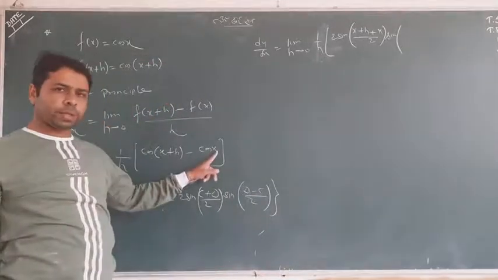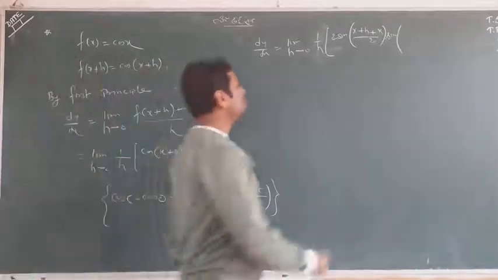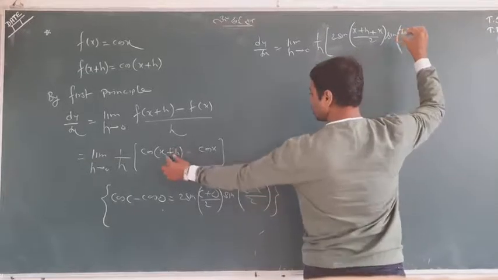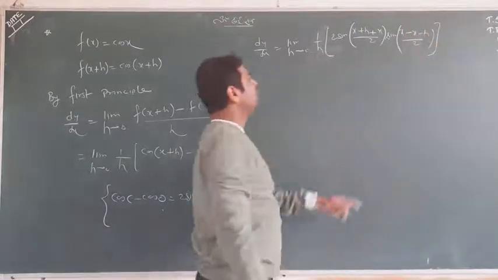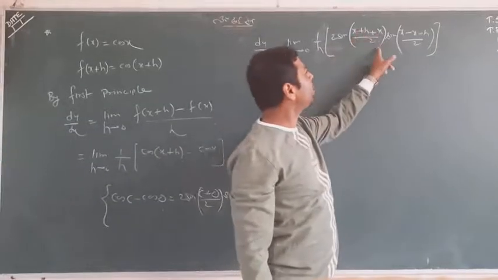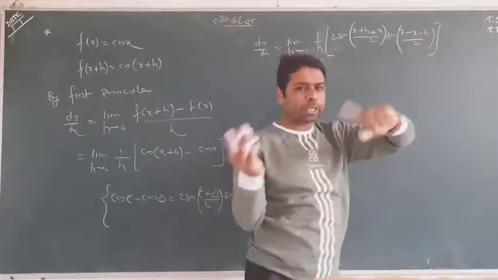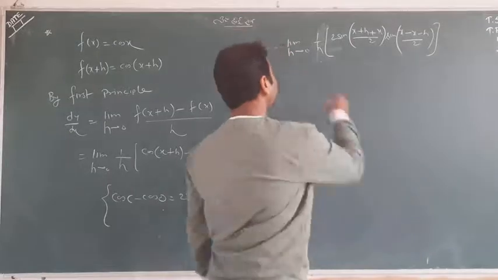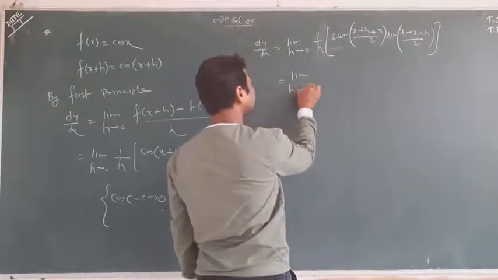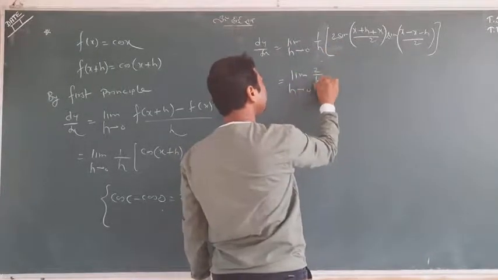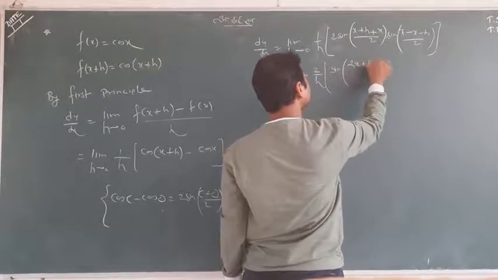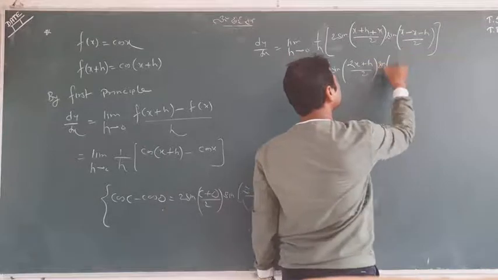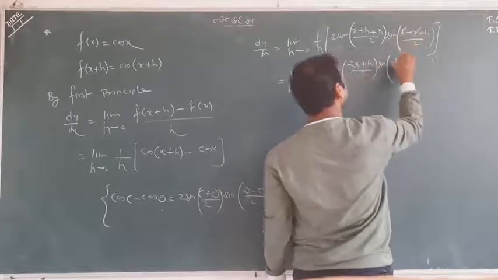So your d is this one, d minus c. So x minus both, meaning the sign changes. So 2 sin of c plus d by 2, sin of d minus c. When d minus c was there, I changed the sign. And then what will I do next? This will be 2 by h, sin of 2x plus h by 2, sin of x and x cancel, minus h by 2.